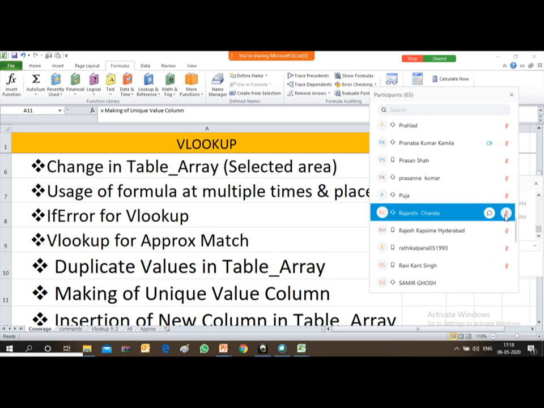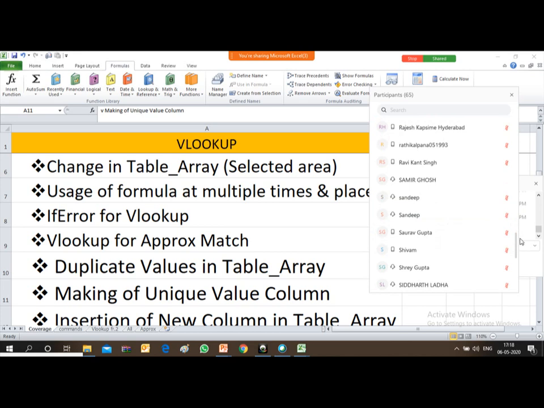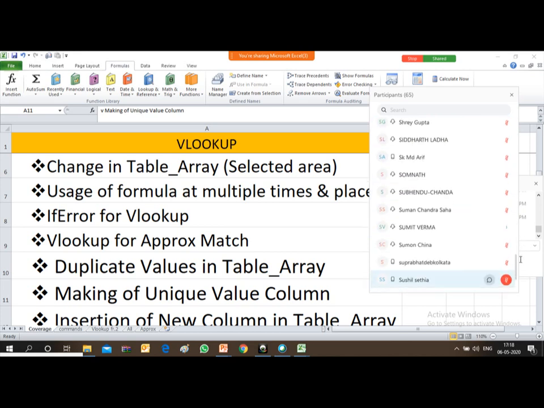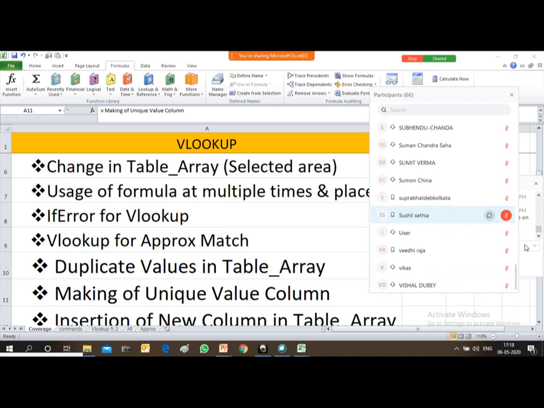Mr. Rasri Chanda, so many people are with unmuted microphones.